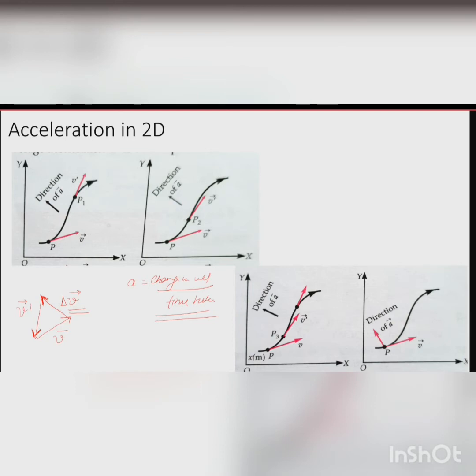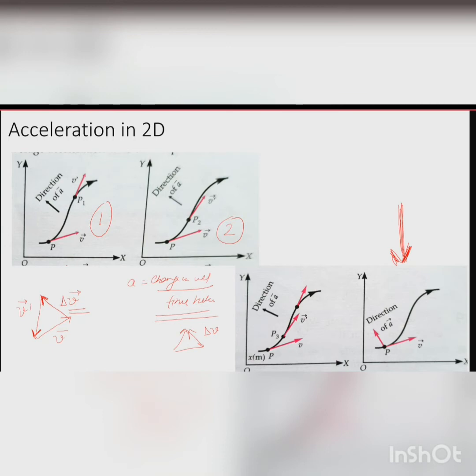Again, if this is figure 1, if we look at the second figure, we have reduced the time interval. If we reduce the time interval, the change in velocity vector would come out like this. In the third instance, again the interval has been reduced further. If we keep on reducing the intervals, ultimately we arrive at this diagram. So we can see that acceleration has become almost perpendicular to the velocity vector.